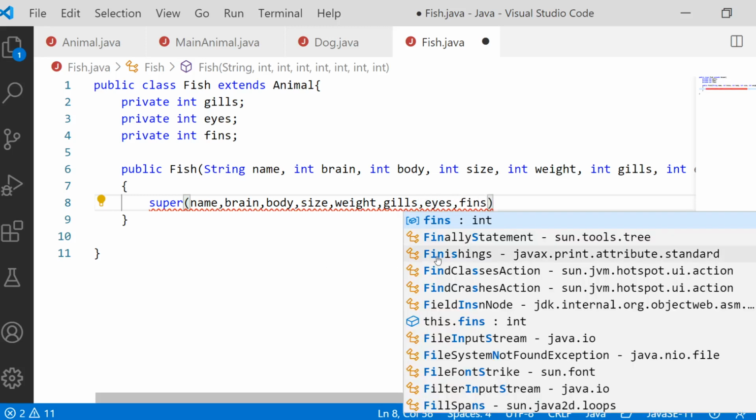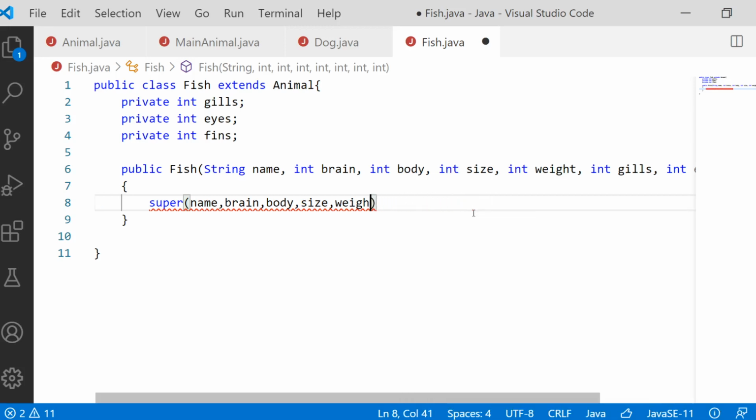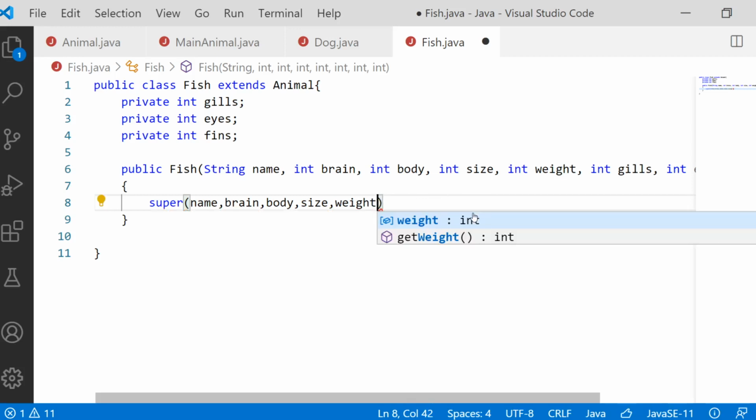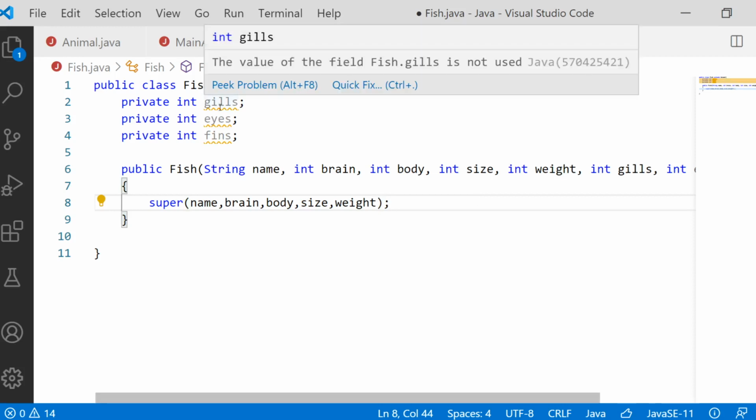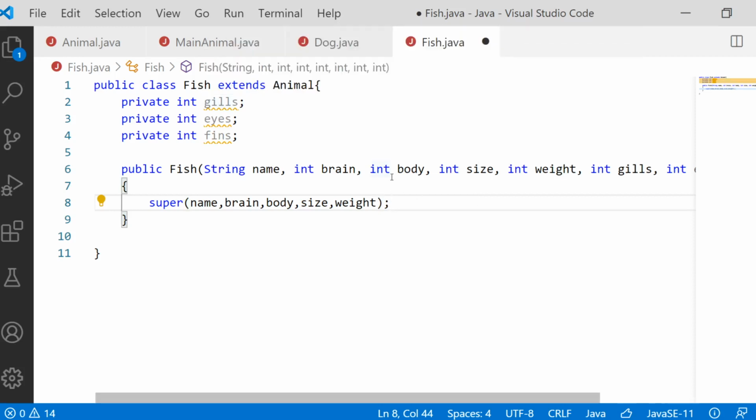So the superclass constructor, sorry, I think the superclass constructor is not going to include gills, eyes, fins. I'm sorry. So only up to weight we have to take. So the constructor of the superclass Animal has now been called.